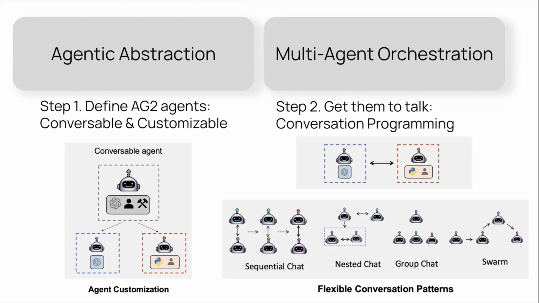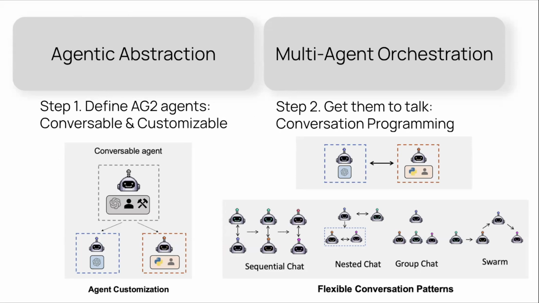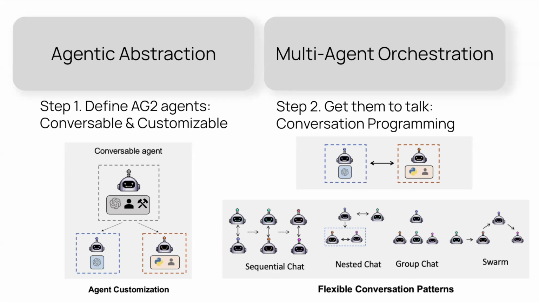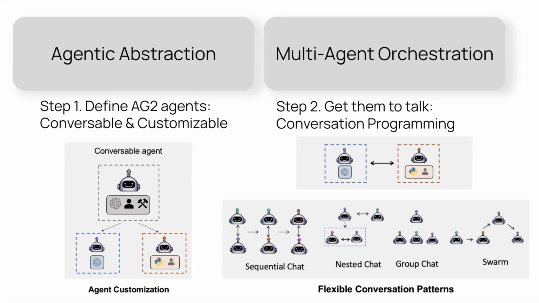We want developers to think about any arbitrarily complex application in simply 2 steps. The first is to define the agents of different roles, and the second step is to make them talk, using a notion called conversation programming. Here, the conversable agent abstraction is very generic. All the agents have the same interface to send messages, receive messages, generate replies, and use their underlying backends. The backend can be either a language model, non-model tools or human inputs. So it unifies these different types of components and makes the reasoning process really simple.